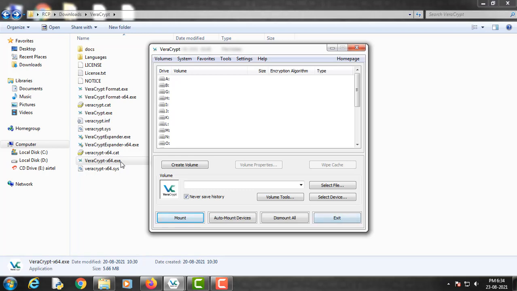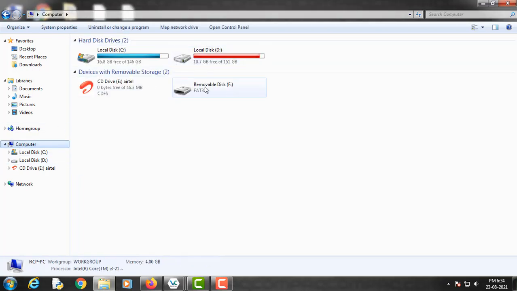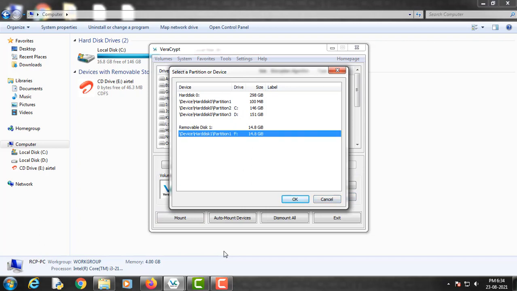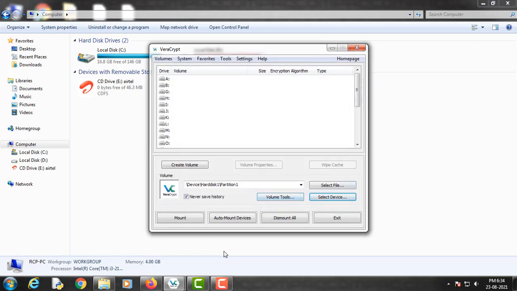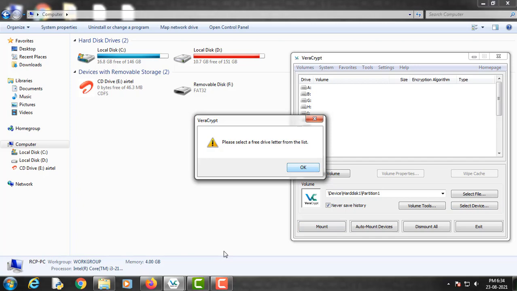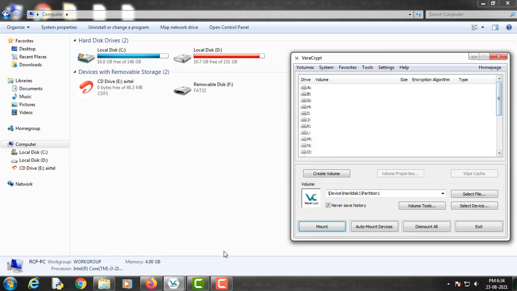As you can see here, the drive letter of this USB stick is F. So I will select this drive, partition F, removable disk 1, which is my USB drive. Click OK, and now I will click mount. We will have to first select a drive letter.